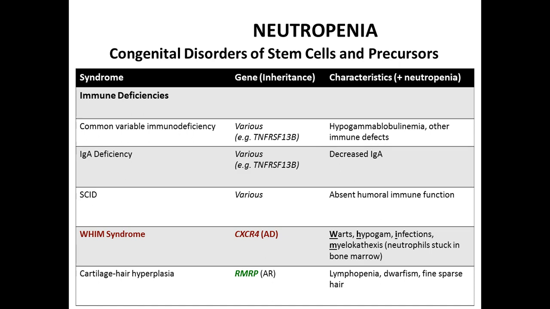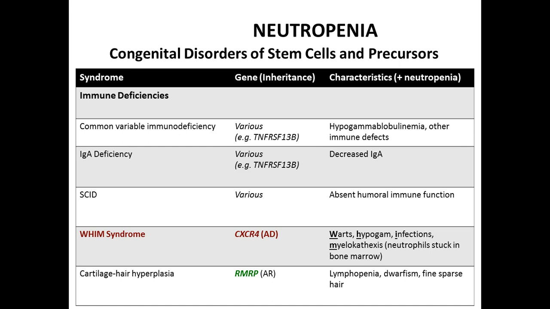So WHIM syndrome, I think, is worth mentioning. That's why I gave it the highlight, because it's such a weird disease. So does anyone know what cathexis means? I looked this up. It's like myelocathexis. Why do we call it that? Apparently it means when you have an emotional attachment to something and you can't let go. So someone was being very clever when they came up with myelocathexis, because you're so emotionally attached to your neutrophils, the bone marrow doesn't let them go.